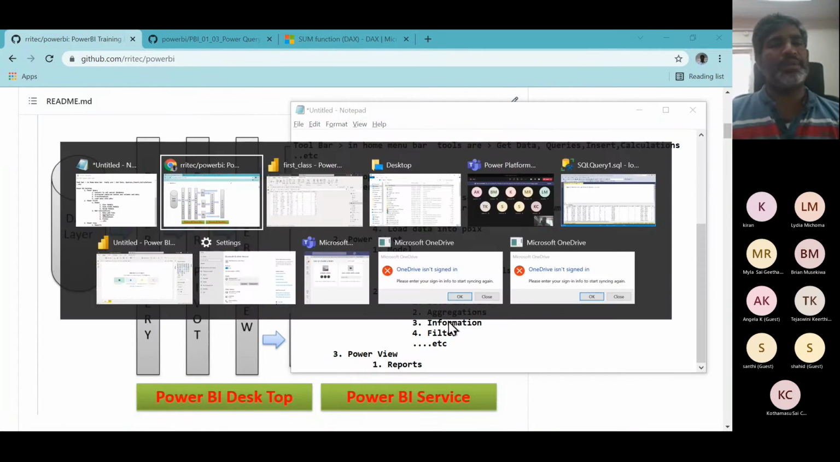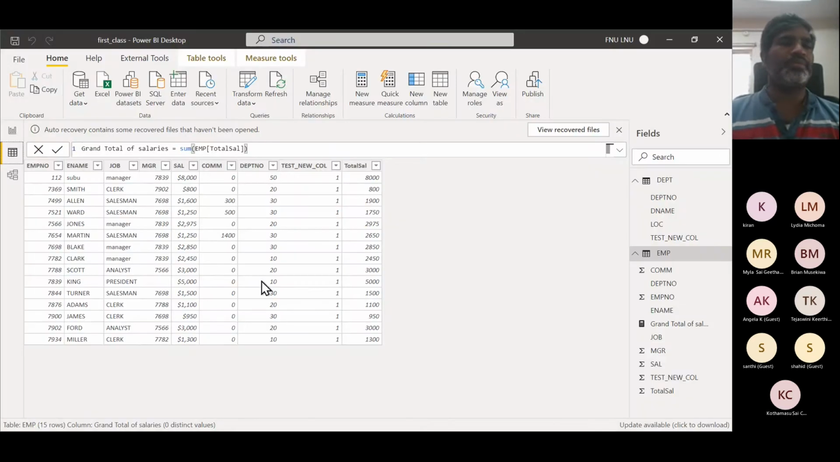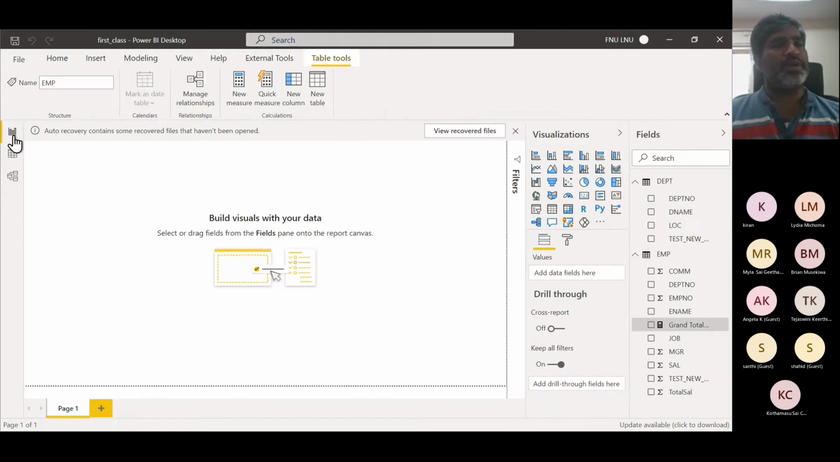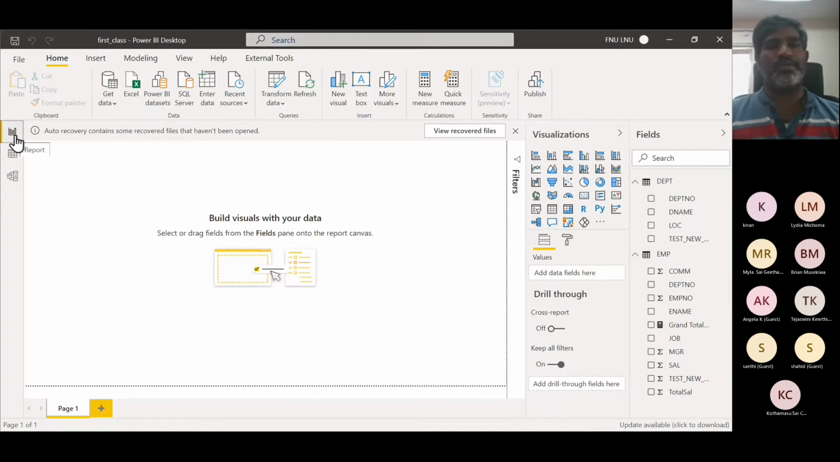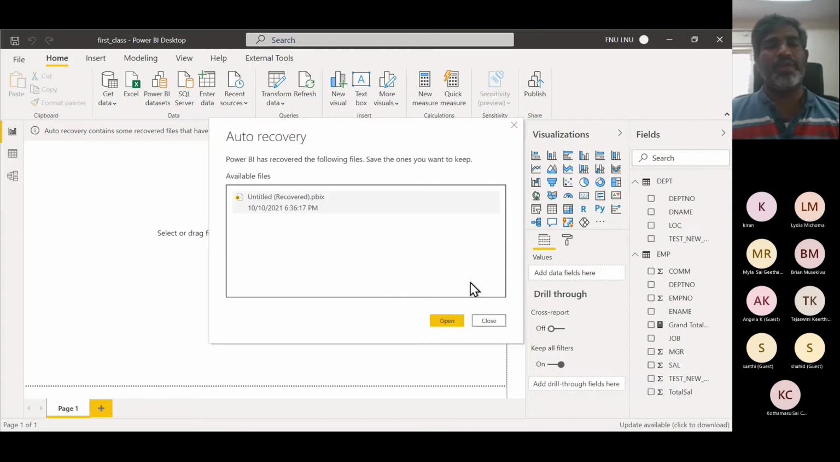You can go to the Power BI window. We have one more button available. That button is called the report button. Using this report button, you can develop a number of reports. Now all I want is